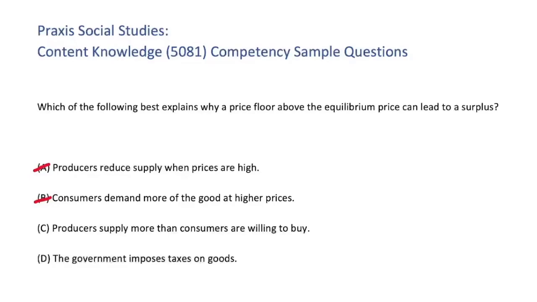Next, we can eliminate option D, the government imposes taxes on goods. In this scenario, taxes are unrelated to price floors. The correct answer is C. Producers supply more than consumers are willing to buy. A price floor above equilibrium raises the price, encouraging producers to supply more while consumers buy less, thus creating a